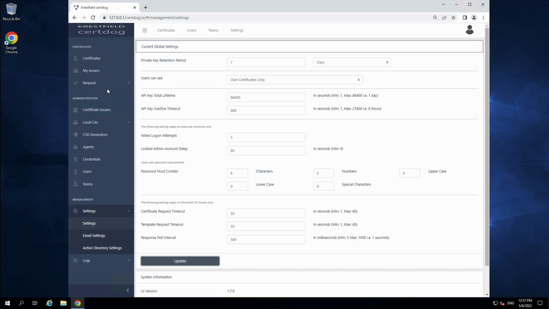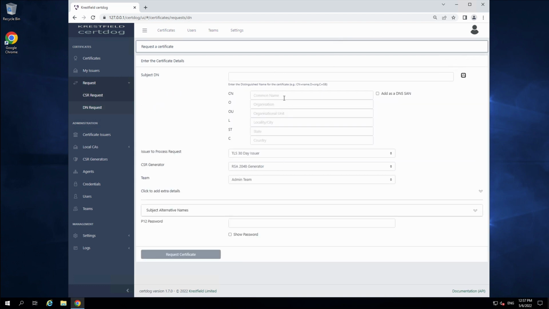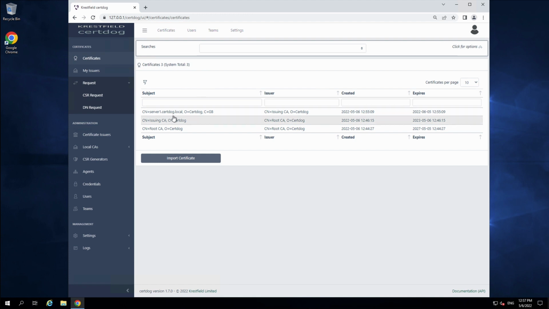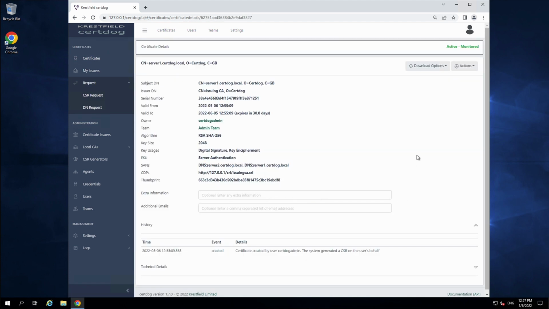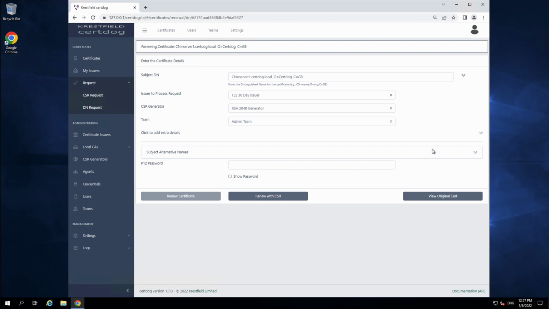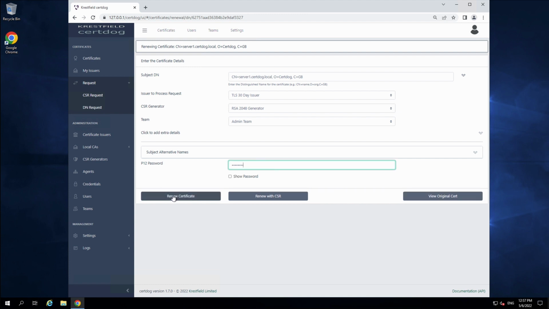Now if I come back and let's issue the same certificate again. Well, actually, I'll tell you what we'll do. Go back to certificates. Our certificate is here. And if I click on more, what I can do here is under actions, I can renew this certificate. Okay, so that will save me re-entering all the details. And if I provide a password this time and I click renew,